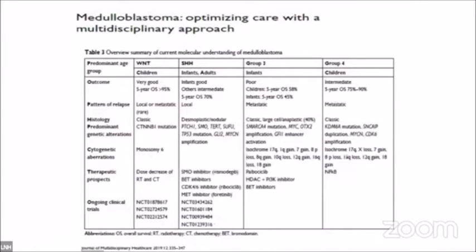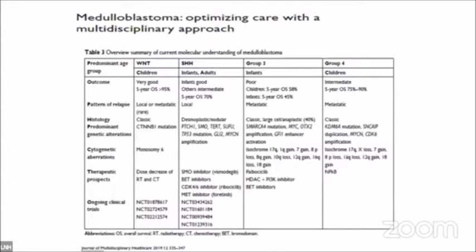It's telling that the WNT group has a better outcome. The pattern of relapse is much more local in the WNT group. If you look at group 3 and group 4, when the patient relapses, it doesn't relapse at the same site. The local relapses are not there, but it's always a metastatic relapse. And probably different clones are there at the time of relapse than were present the first time. So that's why nowadays people are saying if something relapses after 2 years, it should again be biopsied because it might be different than the initial time.